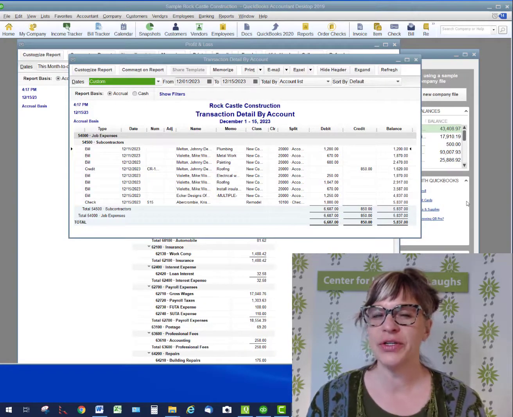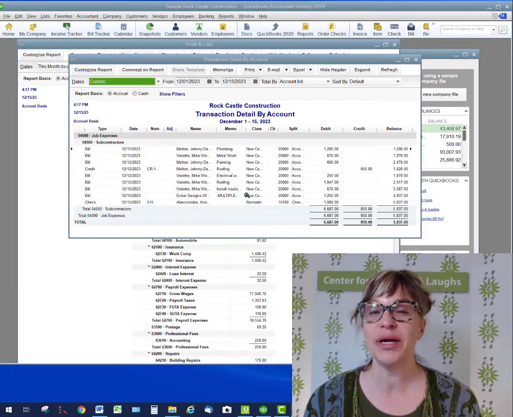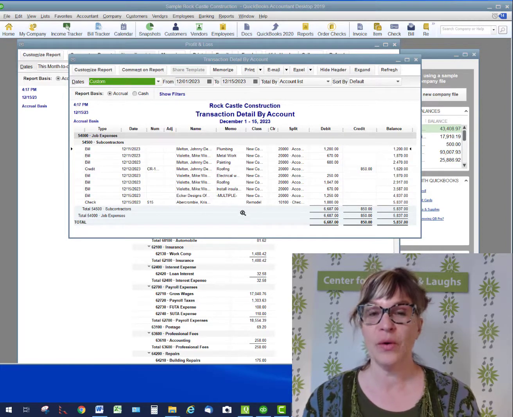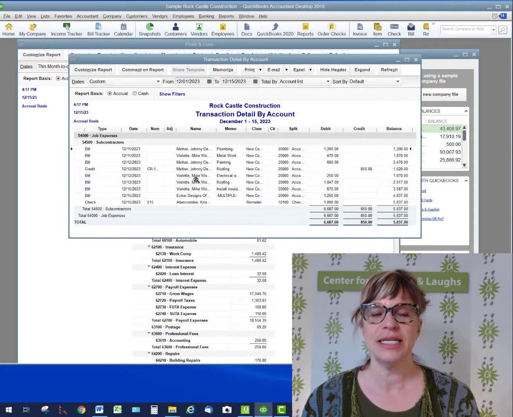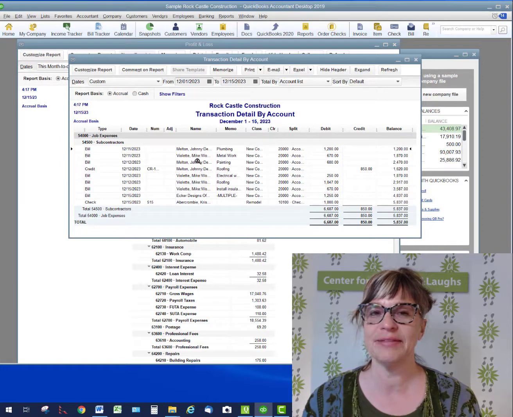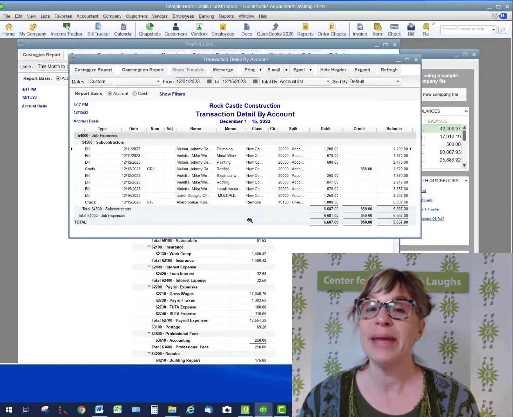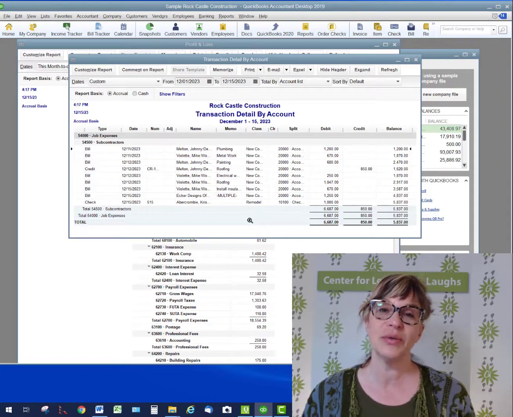Haven't you often said to yourself, wow, I wish I could just send a snip of this report to my accountant or QuickBooks guru to ask how in the world I get the source name or vendor names listed here instead of the customer names. Okay, maybe that's not your question, maybe it's some other question,